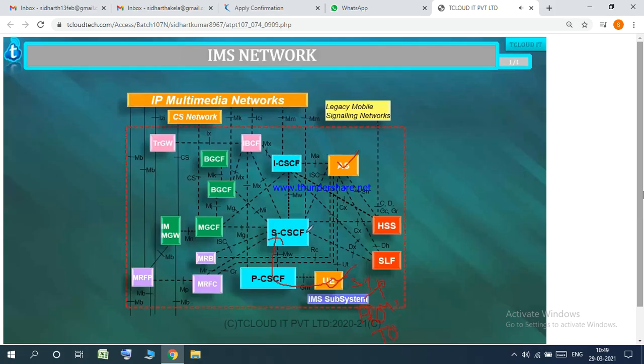SCSCF, with the already acquired information received from the HSS, will determine whether this invite method must be allowed or not allowed, whether this mobile user has subscribed for this particular application server service or not. If there are 20 application servers and the UE is subscribed only for 10, and the UE requests any other service, then when the invite method is sent to SCSCF,